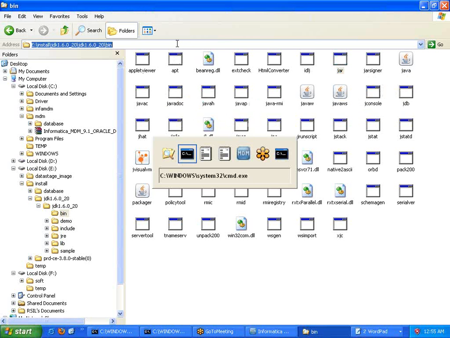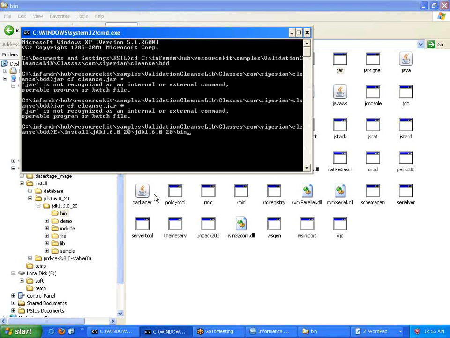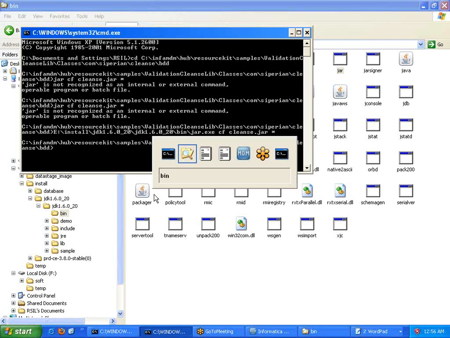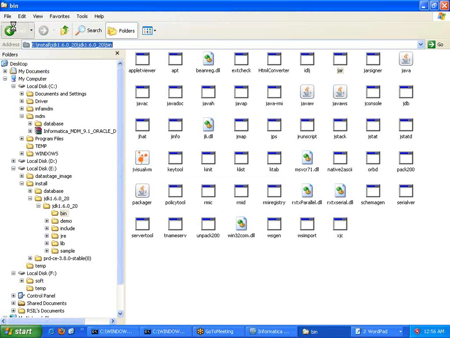Now we can supply this location and say jar, followed by the options cf, create and file, and then cleanse.jar from all the class files in this particular location. So that's it. Now we can go back to this location.